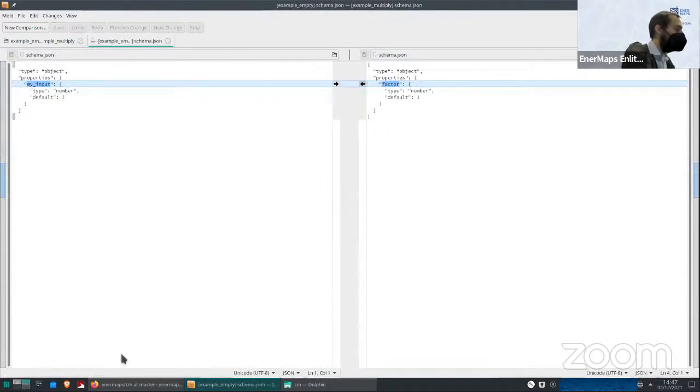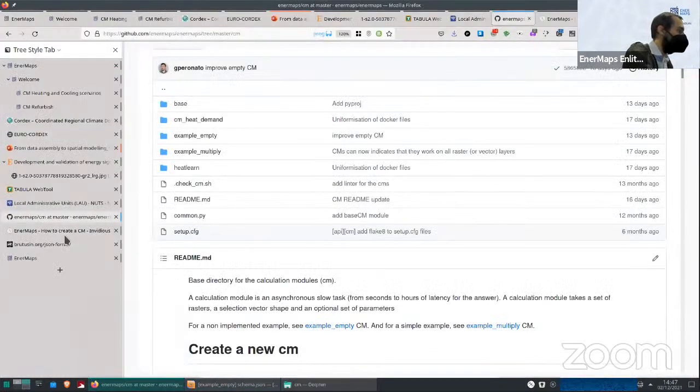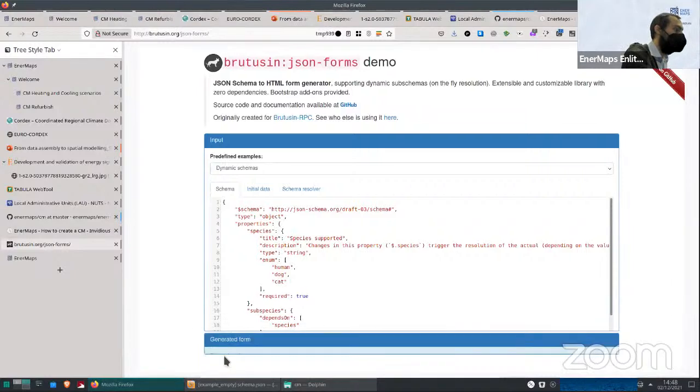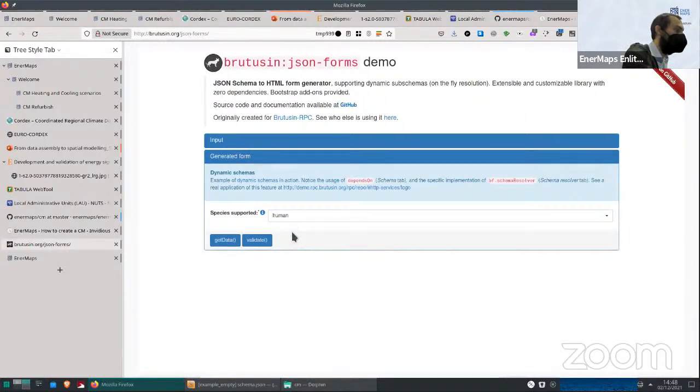To define the interface, basically we use this JSON form schema where you can define your JSON, and this will generate the input form.